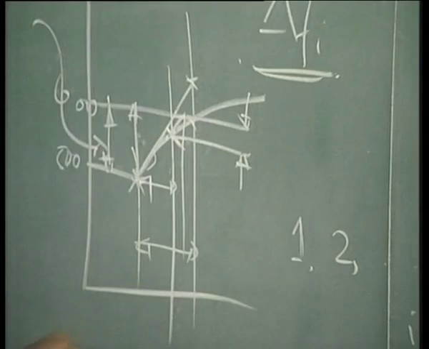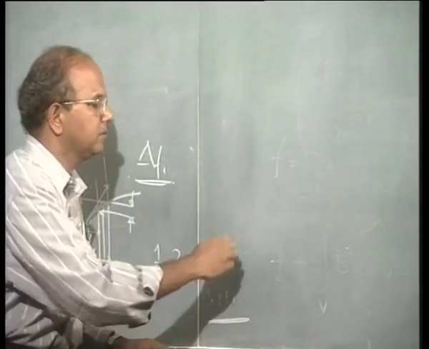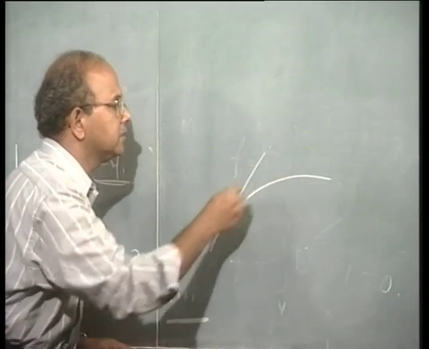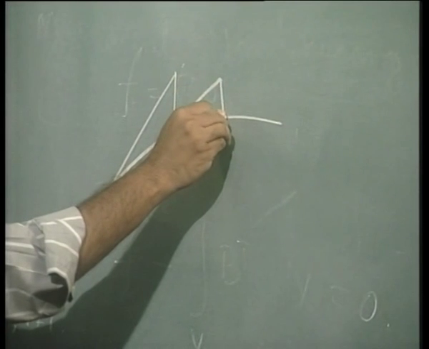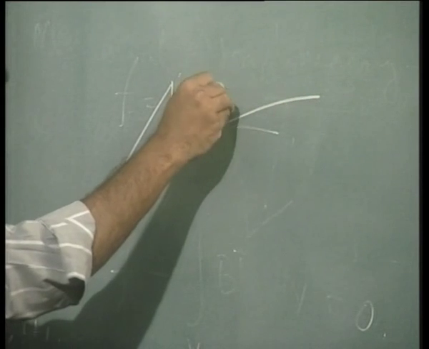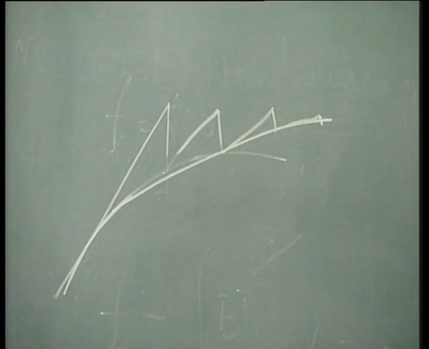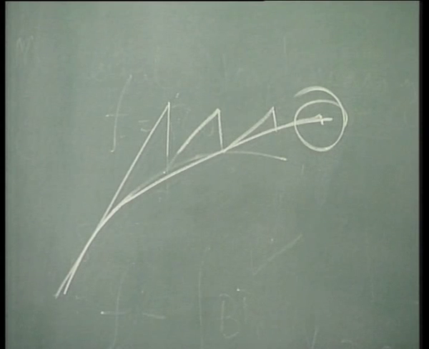Then again I look at the result. I keep on doing this. So if I exaggerate that figure, again I calculate like this, then come back, then calculate like this, come back, and then ultimately I will have the error to be extremely small. I say that at this point I have converged. So after 4 iterations I say that I have converged.